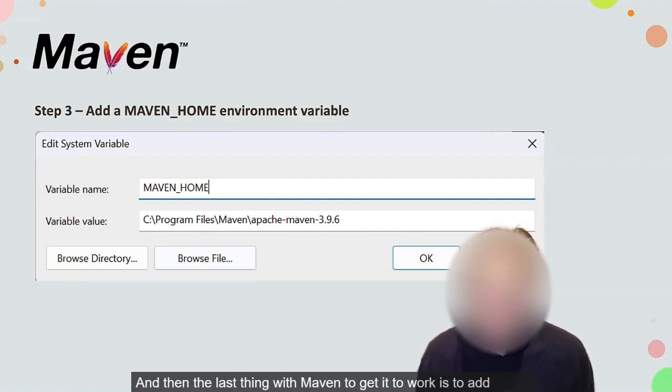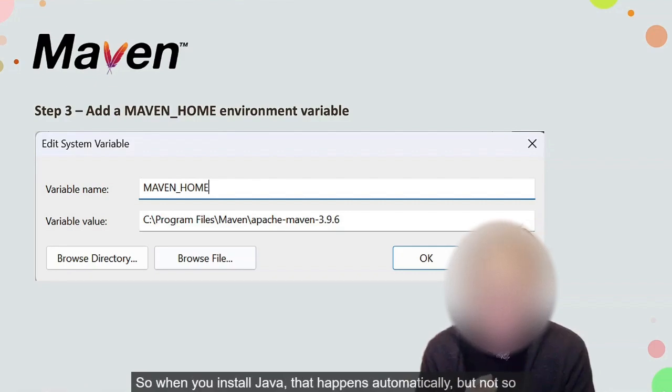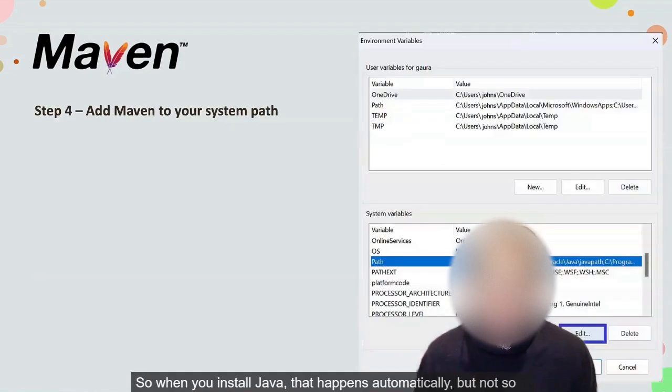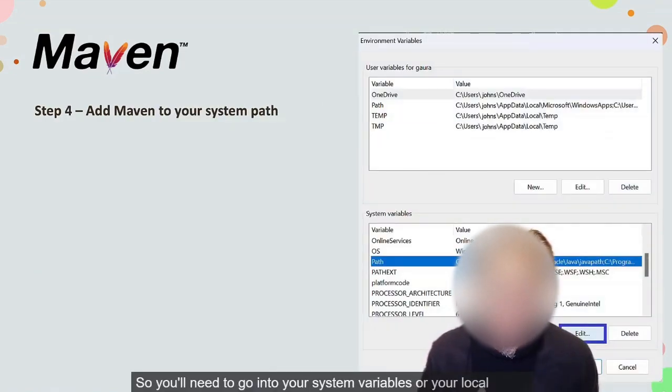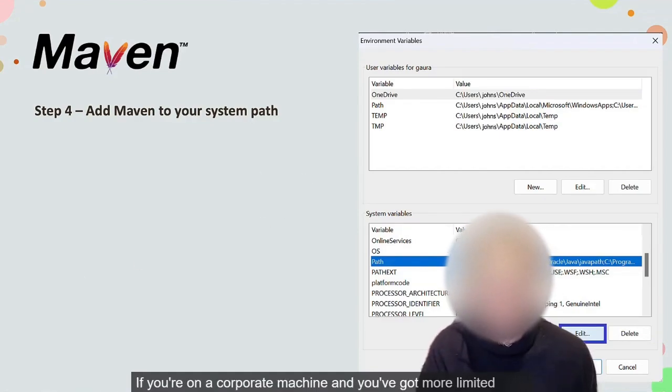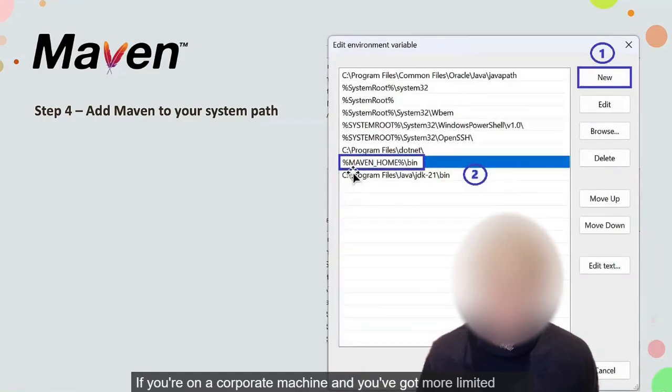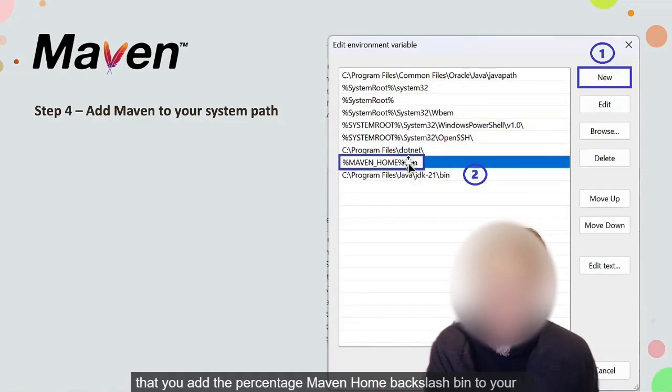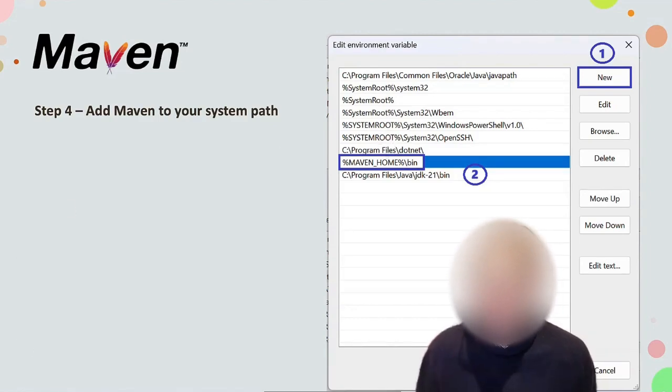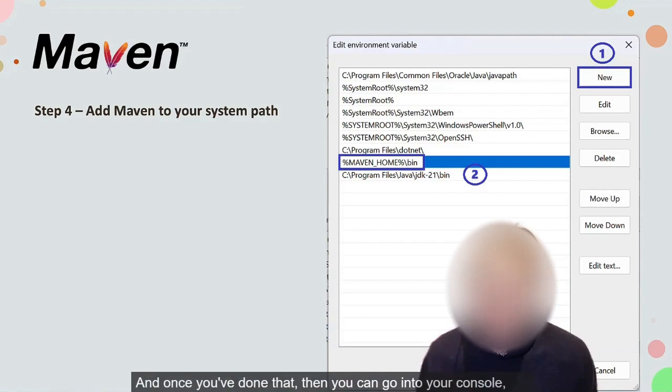And then the last thing with Maven to get it to work is to add Maven to the system path. So when you install Java, that happens automatically, but not so with Maven. Maven, you need to do it by hand. So you'll need to go into your system variables or your local environment variables if you're on a corporate machine and you've got more limited access, and click on the path. Make sure that you add %MAVEN_HOME%\bin to your path variable so that we can find Maven on the command line. And once you've done that,